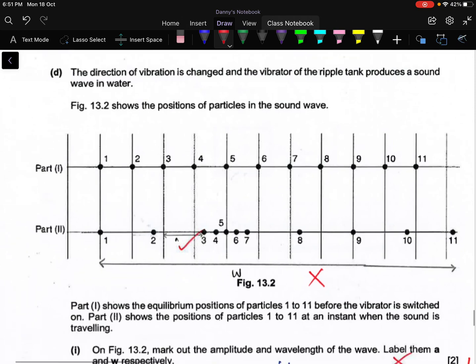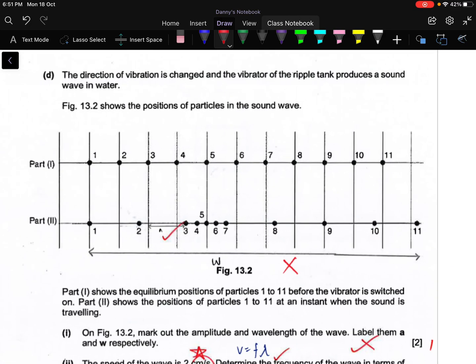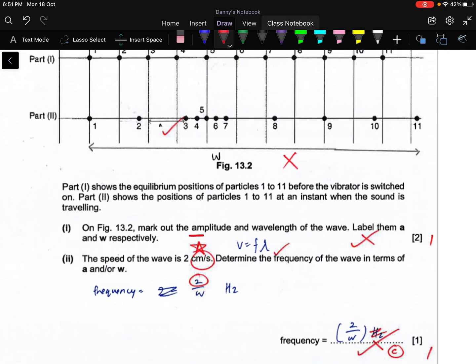For part D, we are checking whether you can read longitudinal wave, and this has been tested in your term test. This question is also in your homework. So if you are unable to do this, this means that you didn't revise or you didn't thoroughly look through your worksheets. So first of all, you are asked to mark out the amplitude. Amplitude simply means that your maximum displacement from the original position